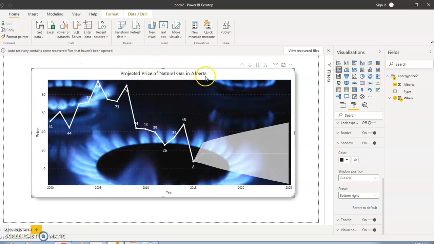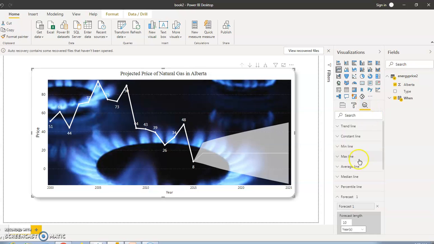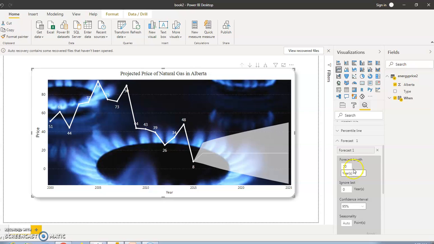So this is the way. We are showing the natural gas price in Alberta for 2005 to 2015, and as you can see, I have forecasted it for another 10 years. The forecast we can do here in this analytics pane. Here we can create a forecast. I have chosen it as 10, so we can likewise customize our forecast also. This grayed portion is the forecasted value, and this line is the forecasted value, and this can be the upper bound and this is the lower bound. So this is Power BI, and we have Tableau also.